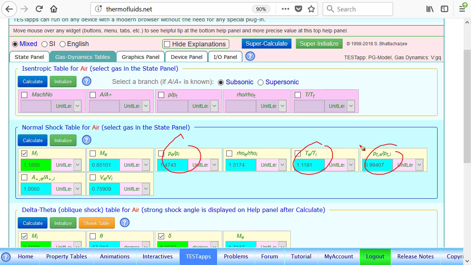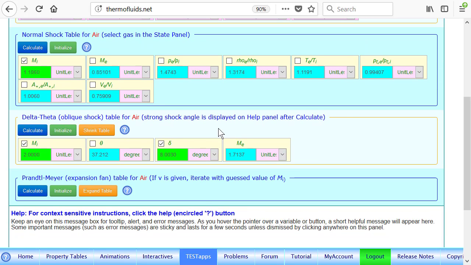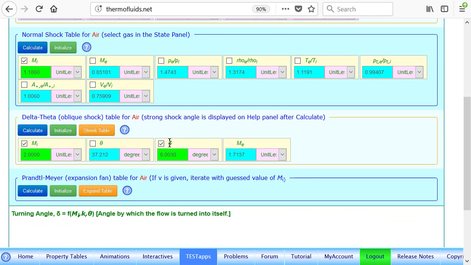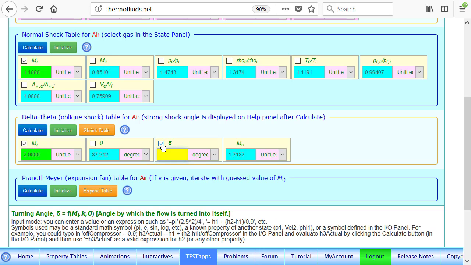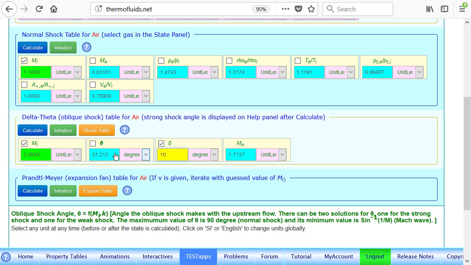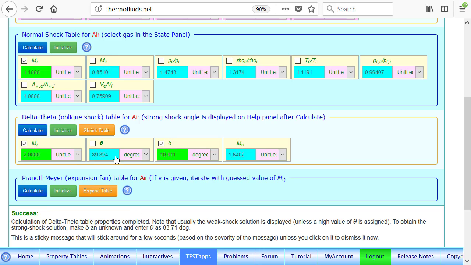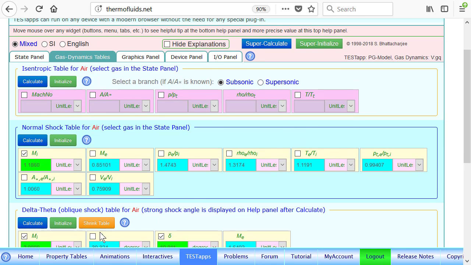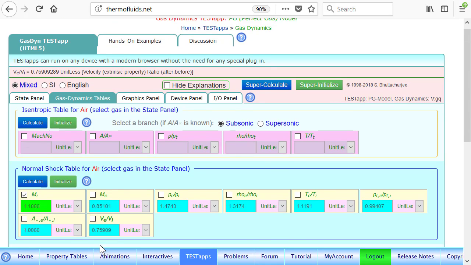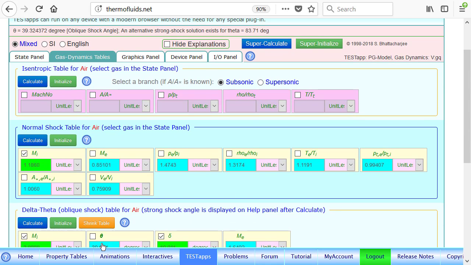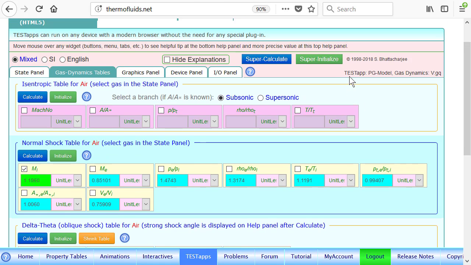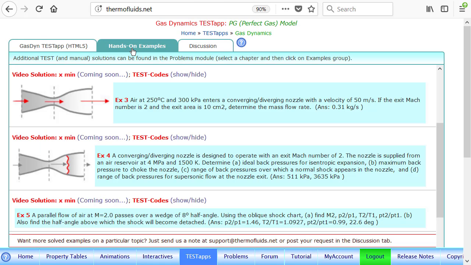So now that all these are found, for the last problem, as I just mentioned, all we have to do is keep changing delta. Suppose we say, okay, delta is not 8 degrees, it's higher. Let's say it's 10 degrees. That will produce a higher theta, and we put the pointer over theta to see the value of the strong shock. Again, it's still pretty different. So you keep increasing until I think the answer is, I have already got it written here,